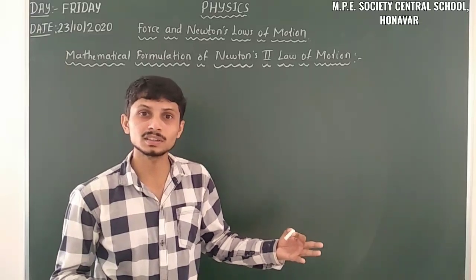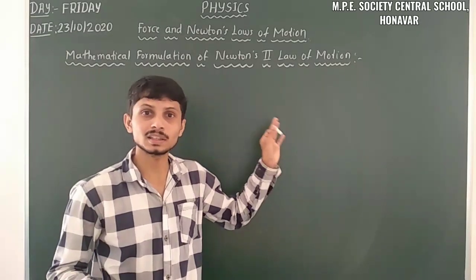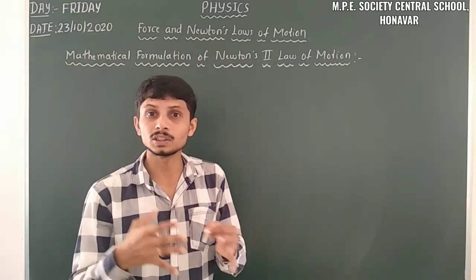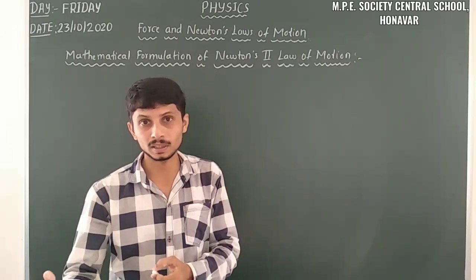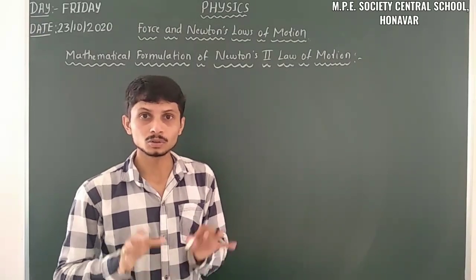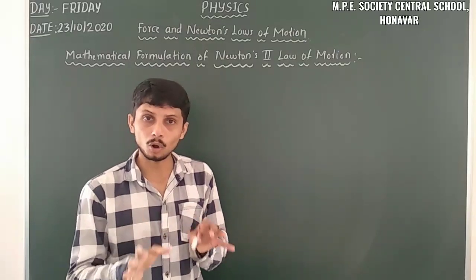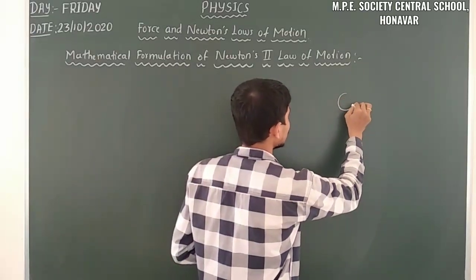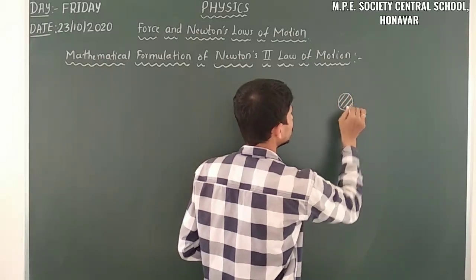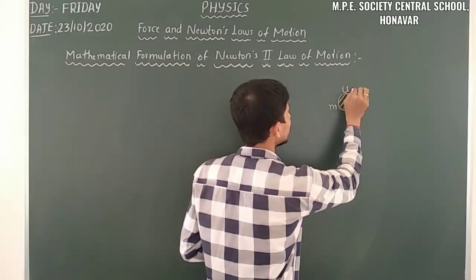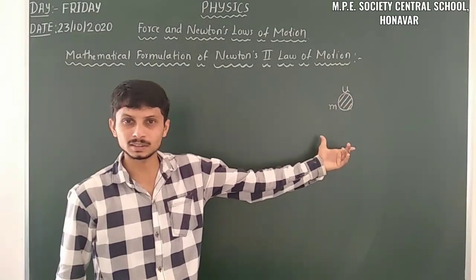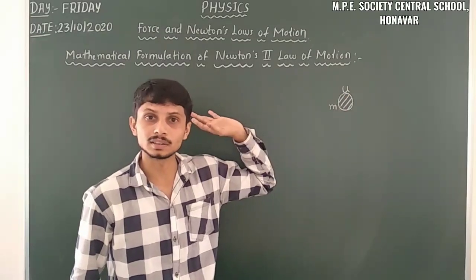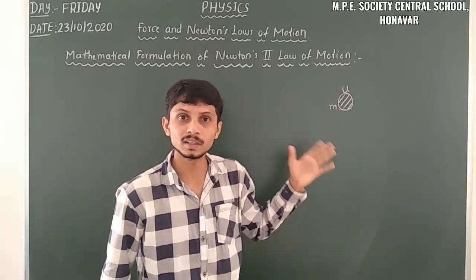Here we use this condition, that is when an object is in initial condition and then in the final velocity. So what happens in this case? How can we take the rate of change of momentum and the change of momentum? So here we have to consider an object of mass m. So this is the object of mass m. Initially it has a velocity u. For example, consider it at rest. If it is at rest, its initial velocity u is the initial velocity. So we have to consider that.